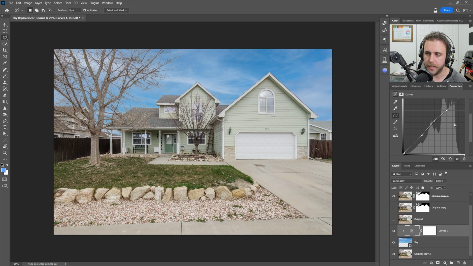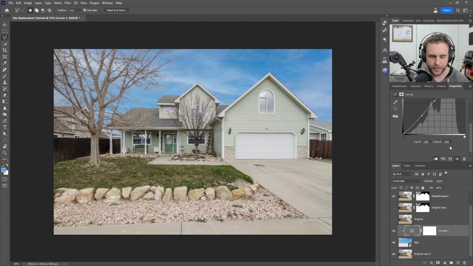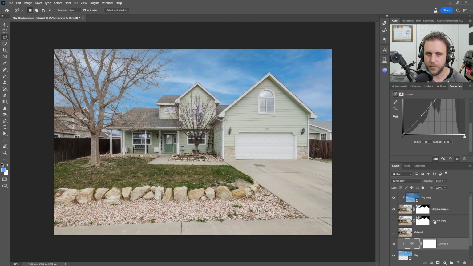You can even change this out here to the 180. Change that up to like 188. Just kind of brightens it up a little bit. I like that. Now, I will say an important element of this whole thing is to find something that will